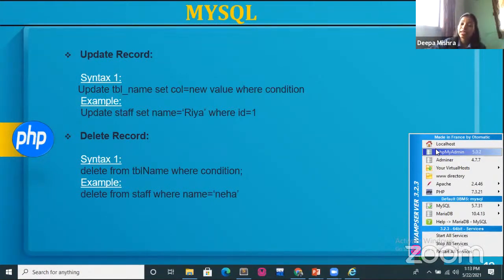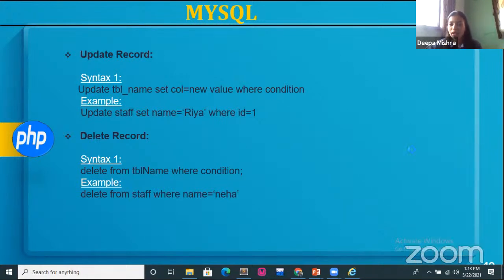phpMyAdmin is just a software application. Over there you can create your tables and databases, and store all your records. It is a GUI application which provides you the MySQL database, and over there you can store all the records, tables, and everything. So just click on this phpMyAdmin. Here I have clicked on phpMyAdmin,